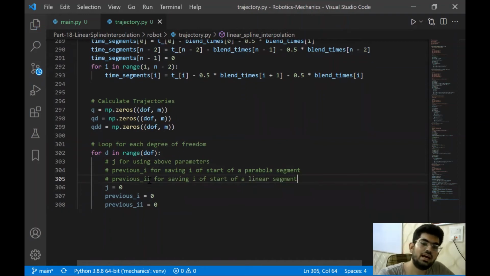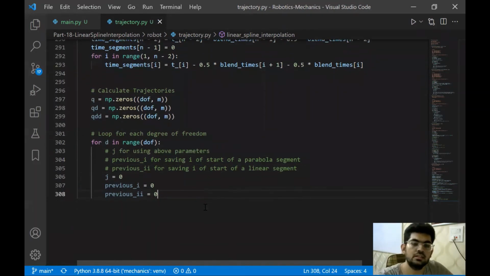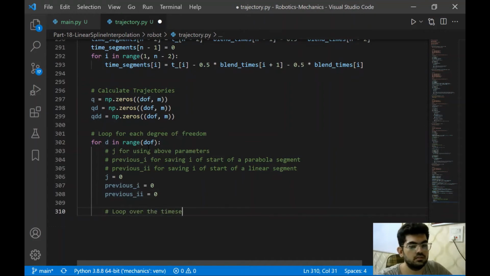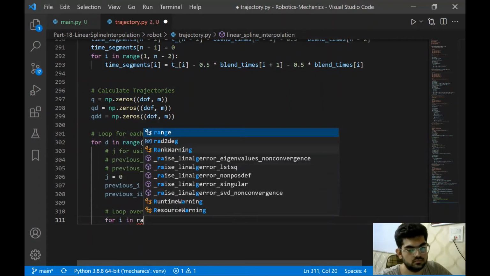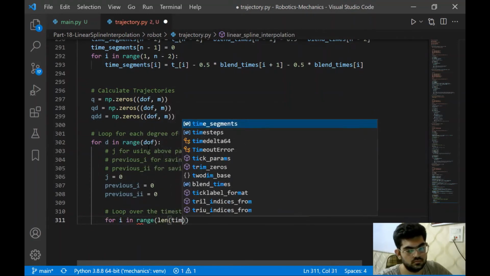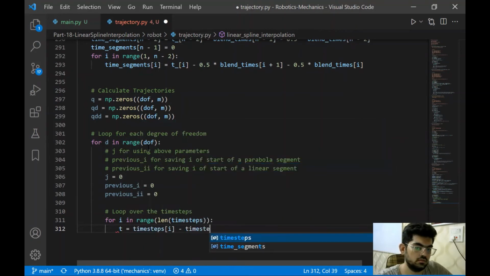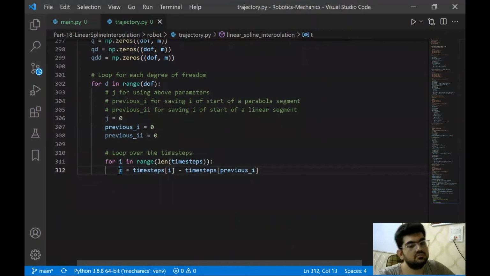And the previous double I is for saving the index of the start of the linear segment. All right, now we are going to introduce the second loop, which is the common loop that we have everywhere, which is the time steps loop. All right, now, as usual, we are having this time steps loop.